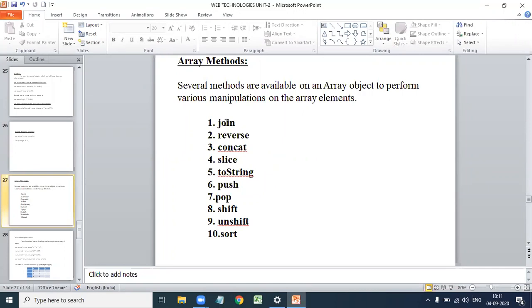After converting, all the strings are joined into a single string, separated by the specified string. That is join.